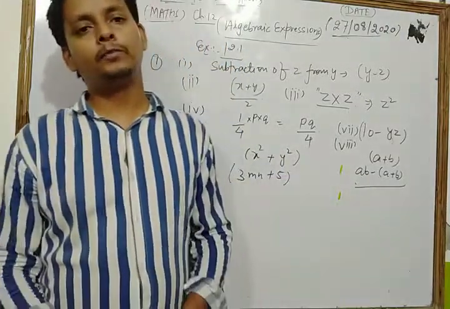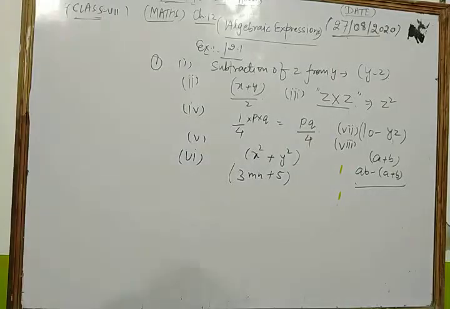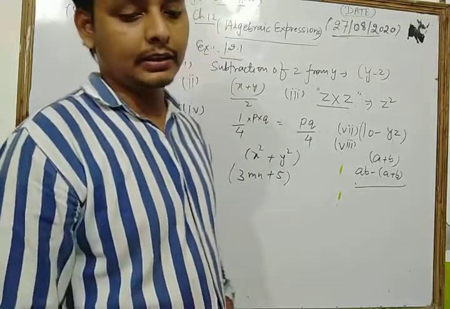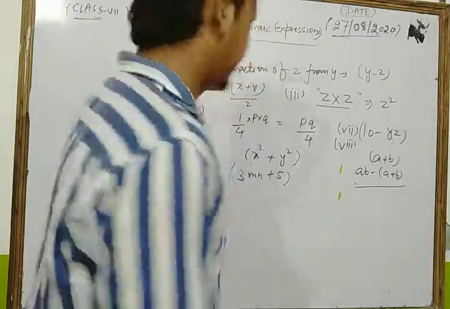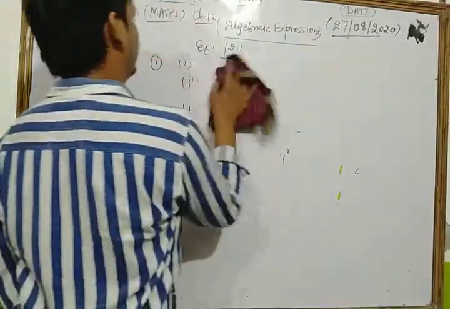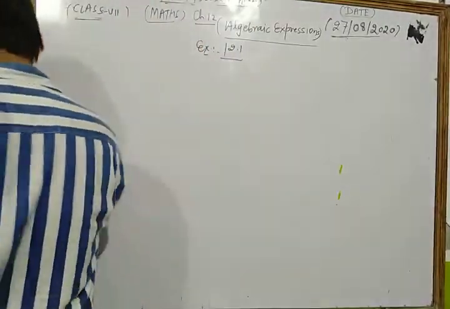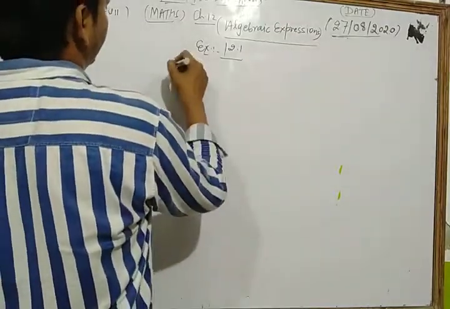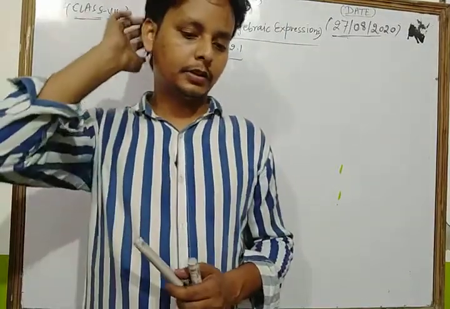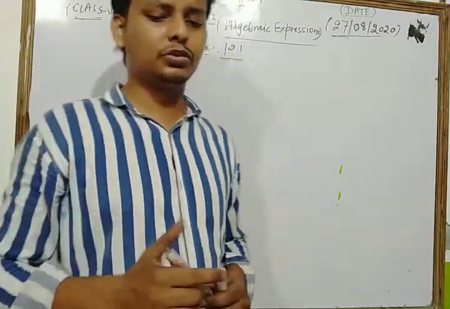So dear students, in this way you can solve all the questions of your NCERT exercise based on that concept. Okay, now we take and solve the second question of this exercise. Identify the terms and their factors in the following expressions. Show the terms and the factors by tree diagram. So this question is very easy.